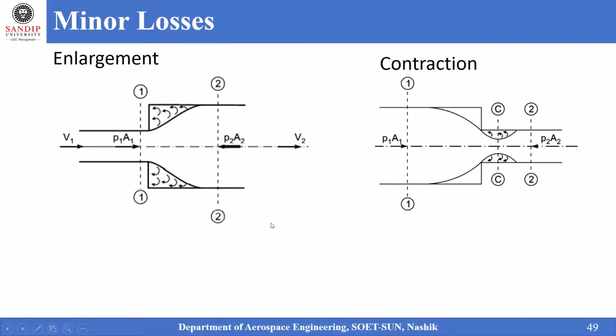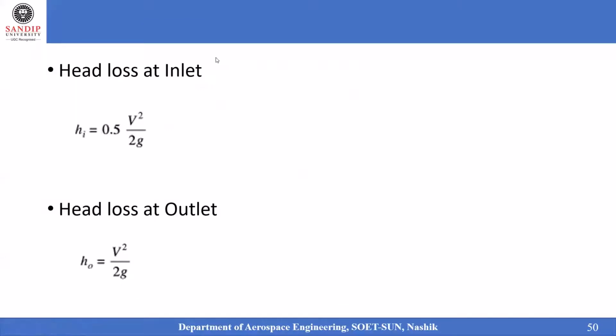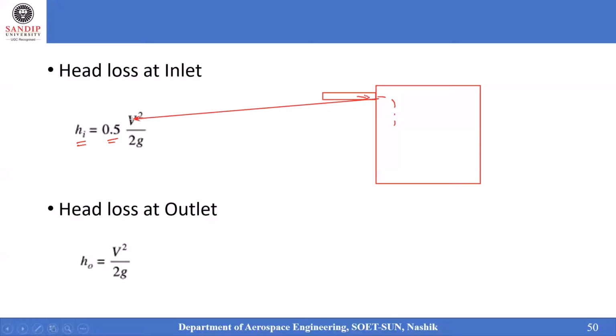That is the head loss at the inlet of the pipe. If I have a pipe inlet at this particular point, you just see where the water enters this pipe. This is the inlet of the pipe. Due to this also, there is a head loss happening, and that head loss can be addressed by this expression. The head loss due to the inlet of the pipe is directly equivalent to 0.5 V square by 2g.